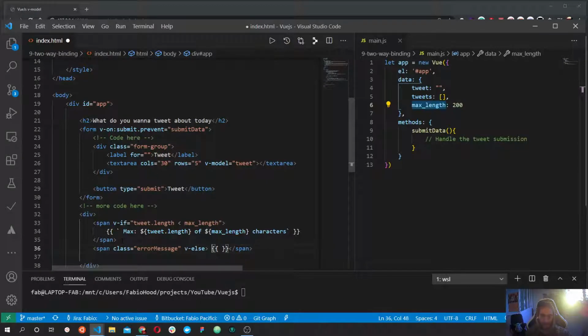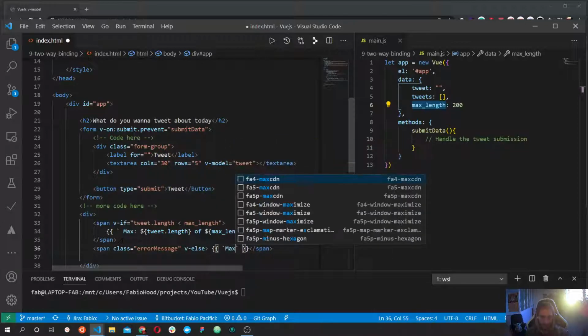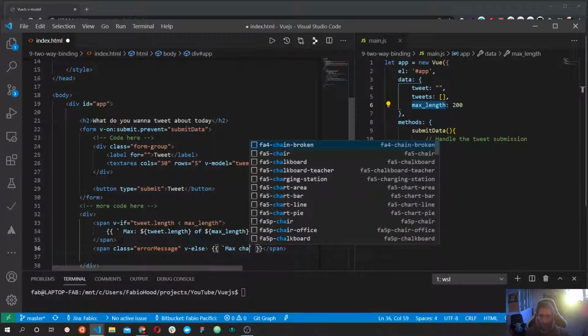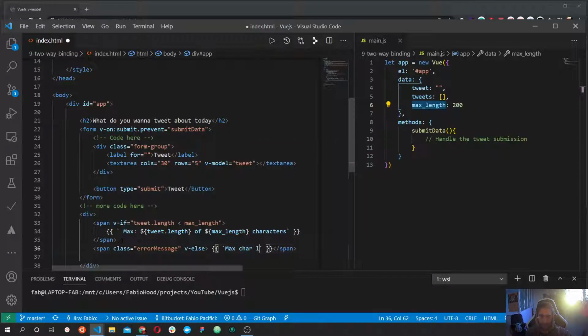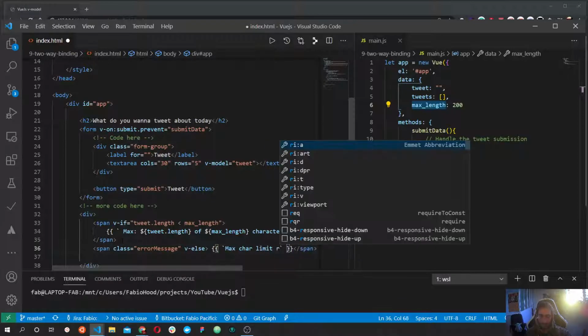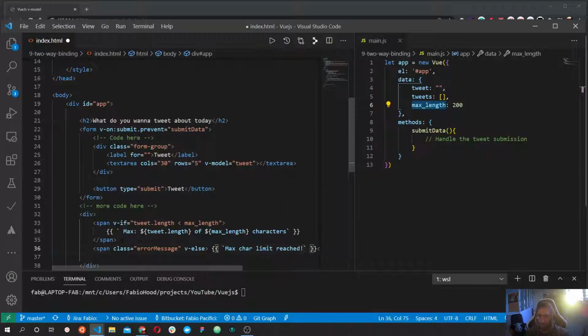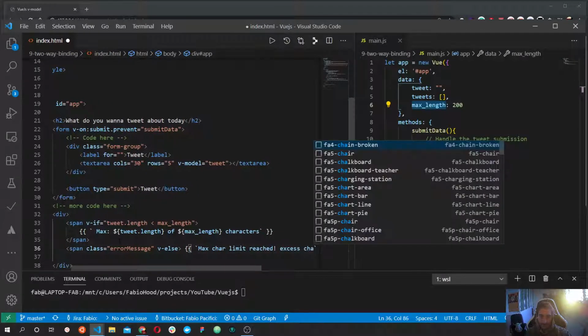And then we can say in here, always using the backtick, max characters limit reached, and then we could just say that, or we could say to the user how many characters in excess he has, so that he can delete something. And we could say, so excess characters,